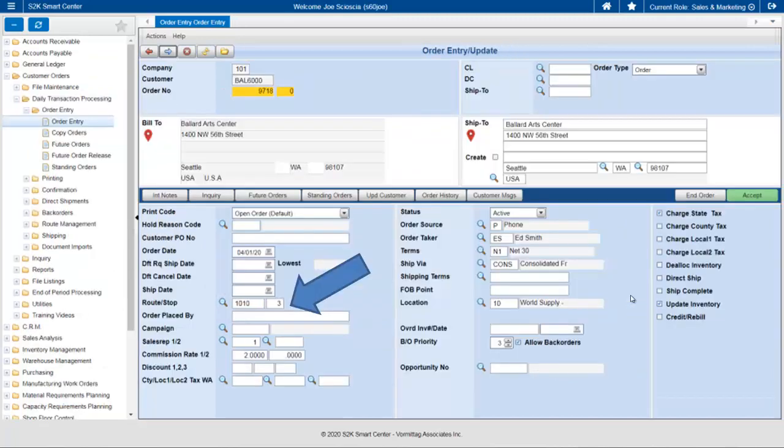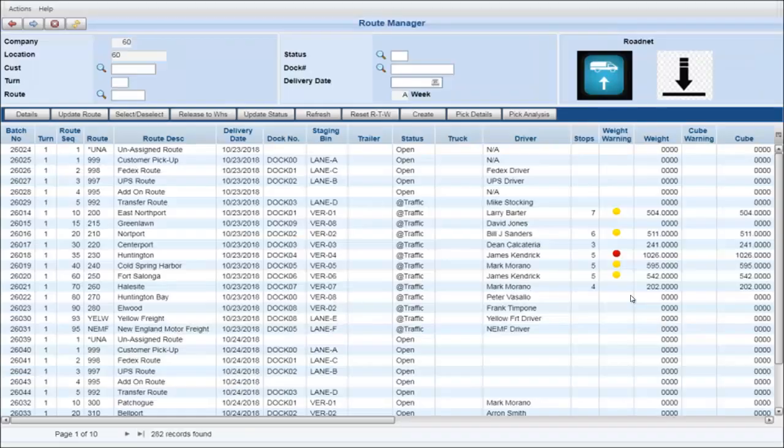And then in order entry, that route will come over and the user has the ability to override that. So if they wanted it to go on another route, you could also change the route during order entry and put them on a different route if need be. If you're using S2K hard goods and you have your own trucks, you might be using something like Route Manager, which also enables you to move orders off of one route and put them on another route. So there's a lot of different organization tools that you can go through before the route is finally established